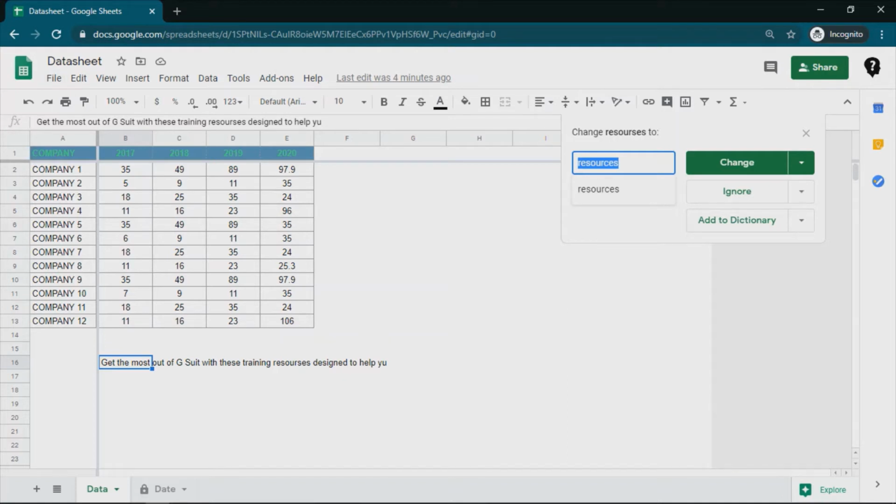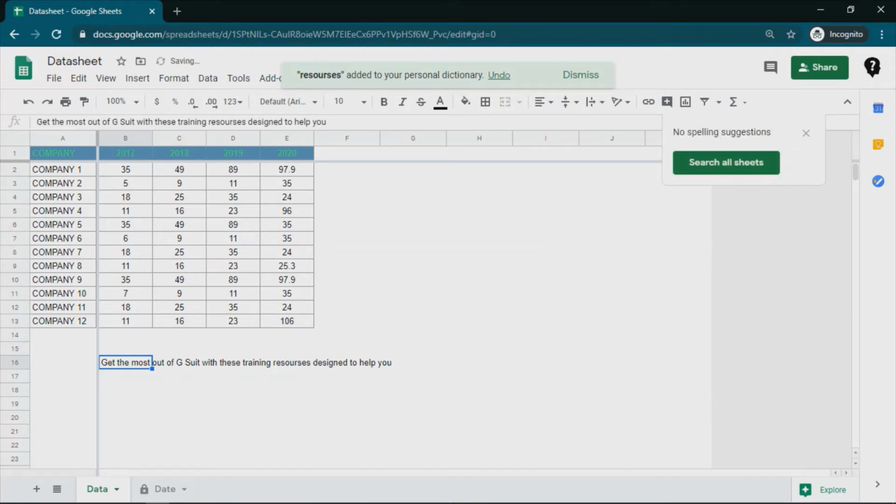So here we have resources. The current spelling is wrong. However, it is suggesting us to change it to resources, so we can change it, we can ignore it, or if there are specific nouns which Google has identified in the spell check, we can add those to our dictionary as well. So for example, I do not want to change this to resources and let it be as is, and I'll be adding this word to my dictionary so that next time I write this resources this way, SES, it will not undergo the spell check. Okay. Next one, it is identified as YU. It wants to convert to U, so I can change, and no more spelling suggestions. So all my checks have been completed.